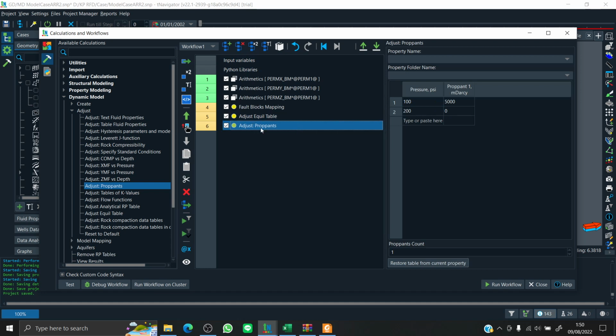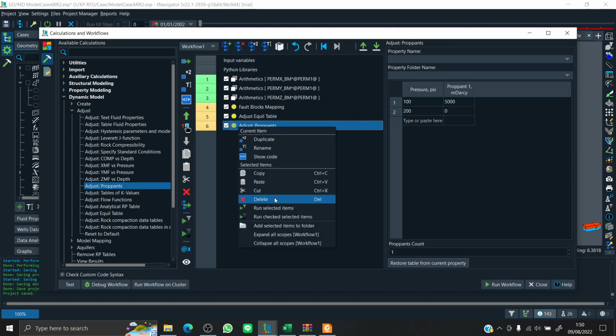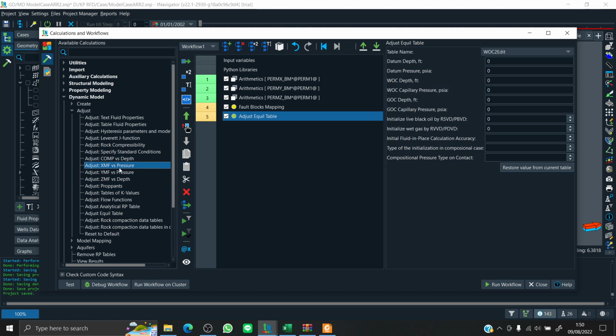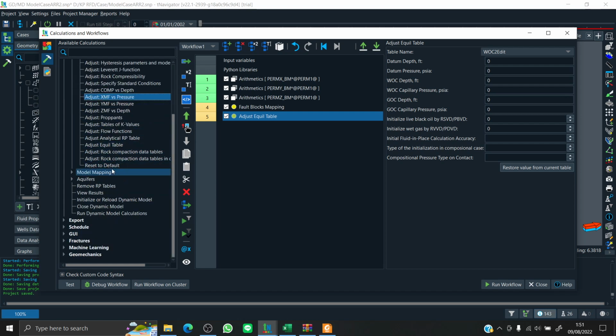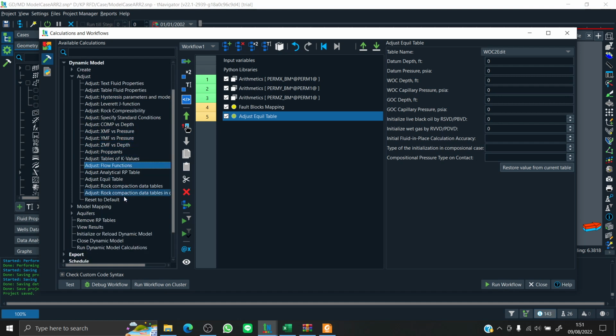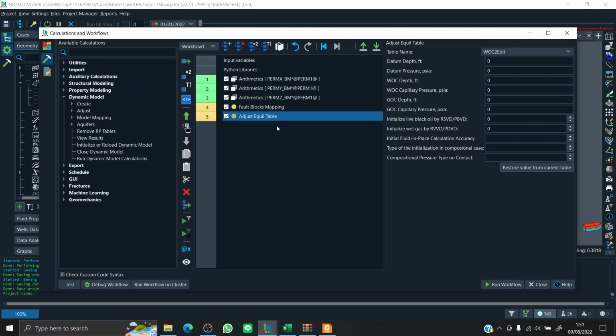Basically, it's so intuitive, but you have to find your calculations here first. As you can see, you can maybe adjust the compaction or something like that for another calculation. But for now, I'm just gonna adjust my equal table.